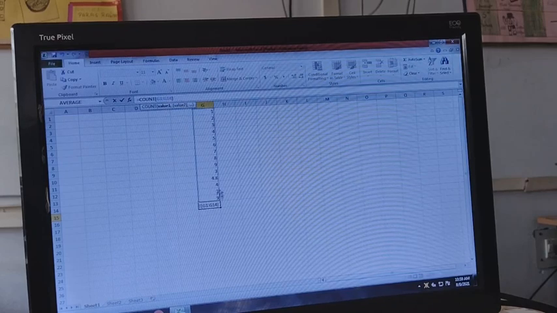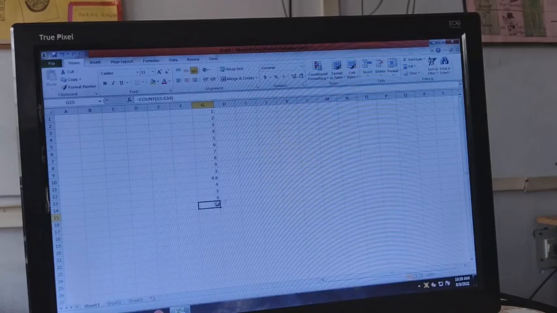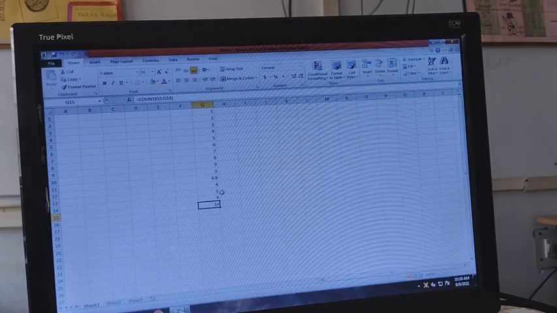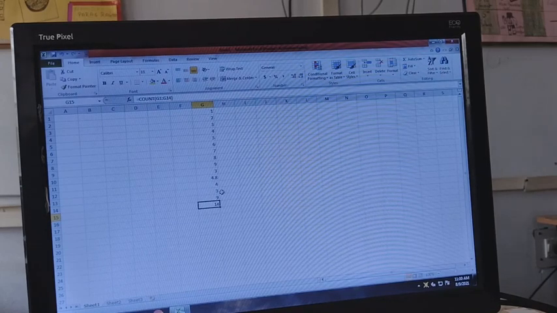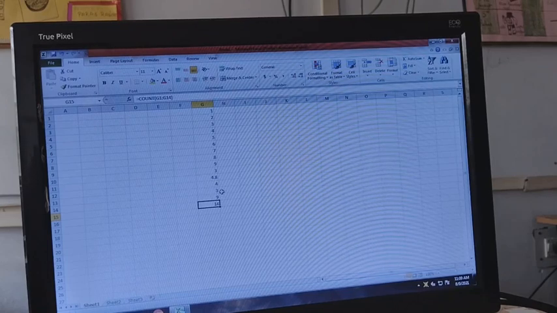If we use colon, then it will give us the range. See 14 items, you can see from here on the left-hand side it is written 14. That means 14 rows are being used. It has counted the number of rows. So the count function is used to count the number of rows. Well, these are some important functions.